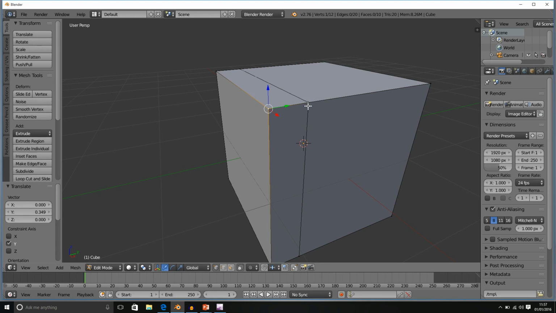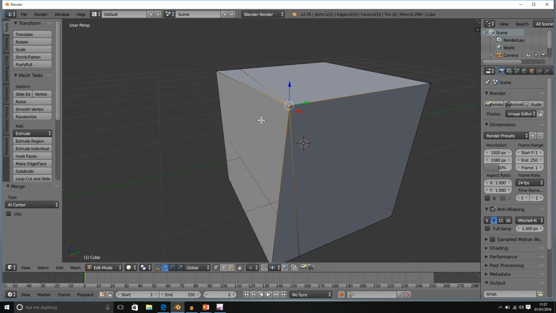So next we have at center. Select the two, Alt M, at center, and the first vertex and the last vertex both come towards each other, so both move to create a new vertex.